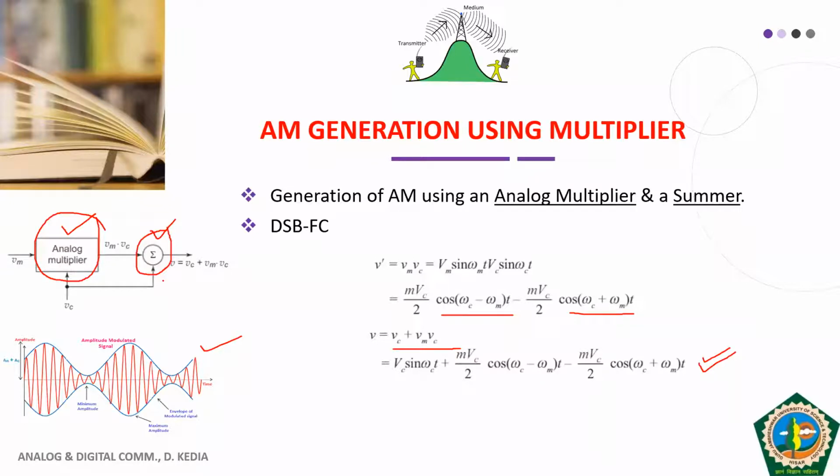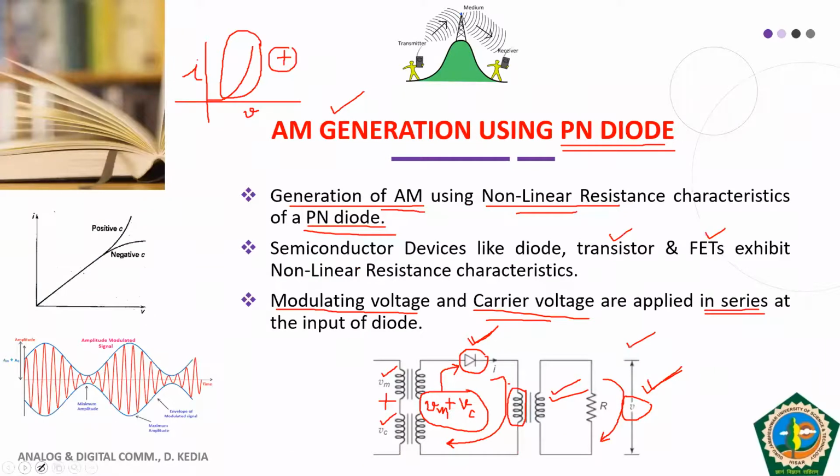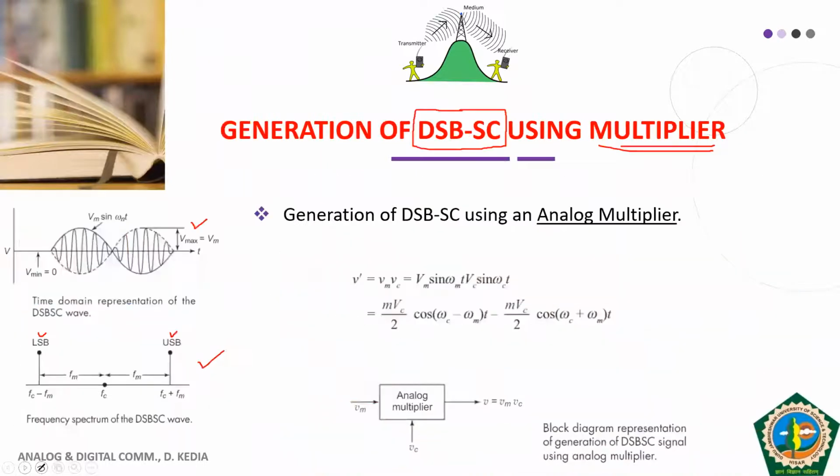The aim of the summer was to add the carrier part. If we do not have the carrier part, we have only the lower sideband and upper sideband. So we need only a multiplier. That means if we want double sideband suppressed carrier in the most simple manner, we need only an analog